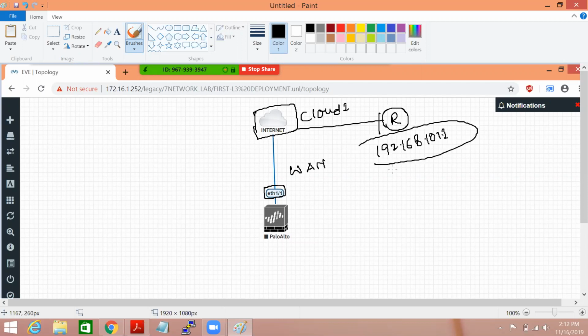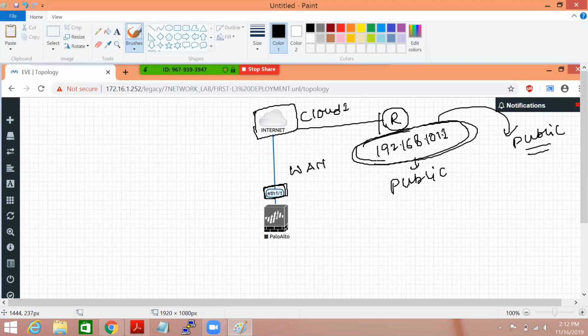This is actually private. For my lab, it is acting as public, because I have just translated this range into my WAN IP. All right. So in order to access internet, I always have to use the 192.168.101 dot range.